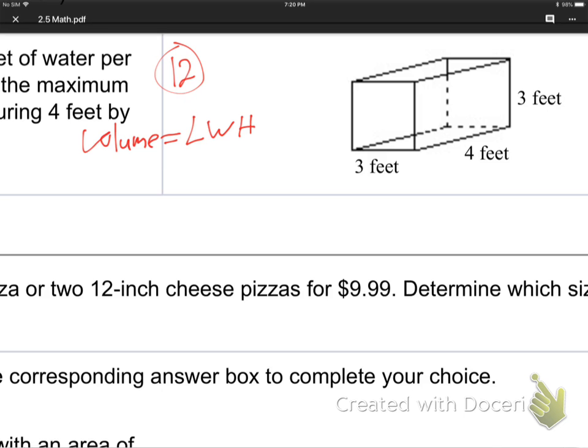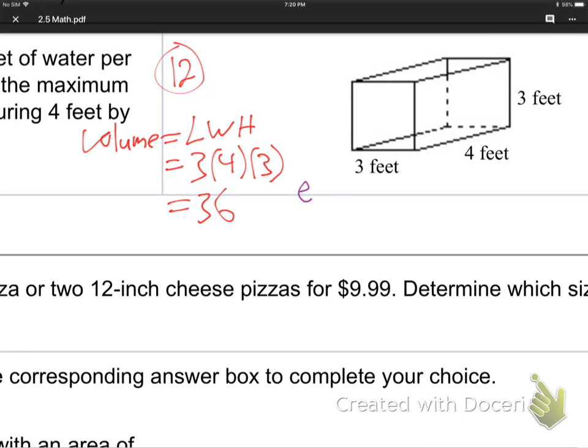So that's going to be 3. It doesn't matter what order. 3 times 4 times 3 or whatever order. I think that's 36. So 36 is the volume there. Now, that's not their whole question. No, that's the first part. And then I think what they say is each fish needs one